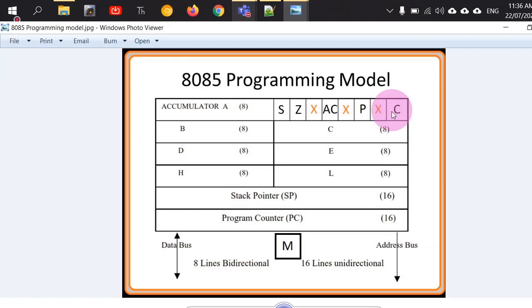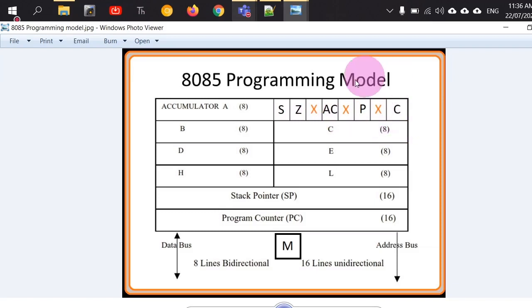One meaning is that it is used to indicate the usual thing, that is carry out of the MSB position. Similarly, for subtraction, we do not have carry. For subtraction, we have borrow. So in that case, this carry flag will also be set if a borrow is taken from the most significant bit. And also, this carry will have a combined meaning together with the sign flag when we perform subtractions, such that the number which is being subtracted actually has a larger magnitude than the number from which it is subtracted. So we will see that carry is used in a third context with that.